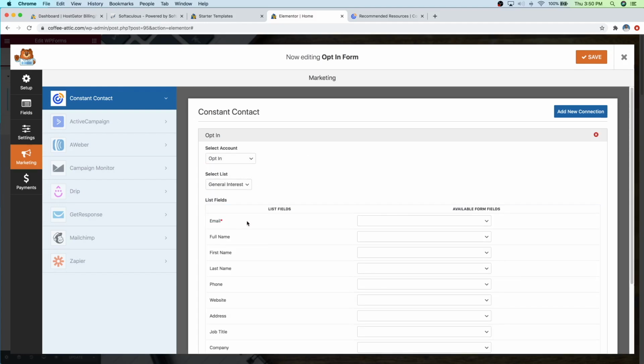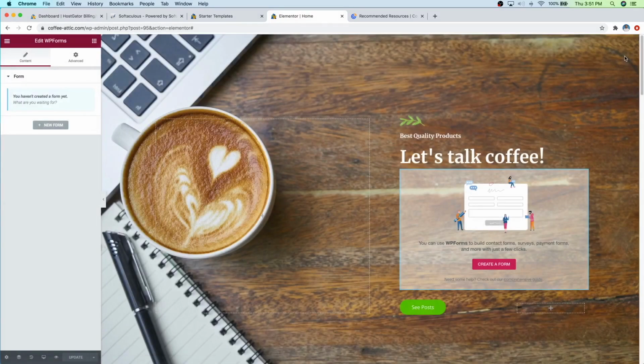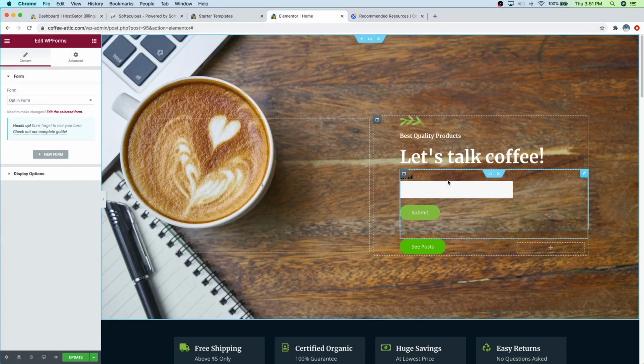So you can see here we've got email, and what we're going to do is just change this to email to match, and then just click on save. And then now we can just click on the X. Cool, so now that's going to put that in here, and we'll customize the look a little bit. But for now, I just want to show you where you can actually access all of the emails